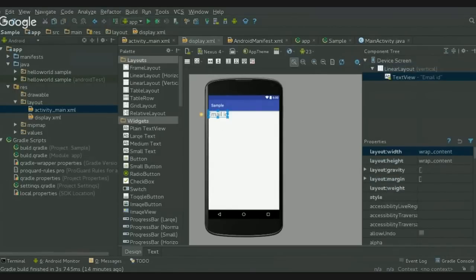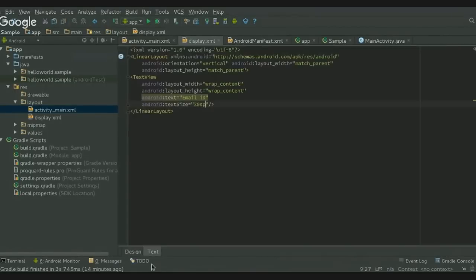Now it's big enough. I don't like the color. How do I change the color? Android colon text color. Text color, I'm going to make the color. You should be making colors in hex code format. So any color that you put should have the hexadecimal code format. And I'm going to make the color as